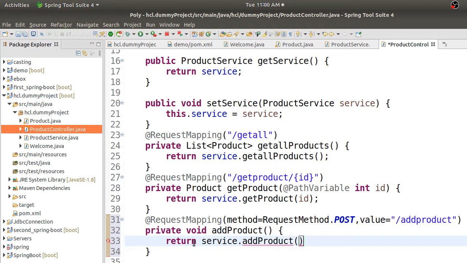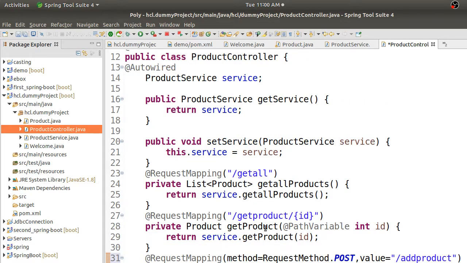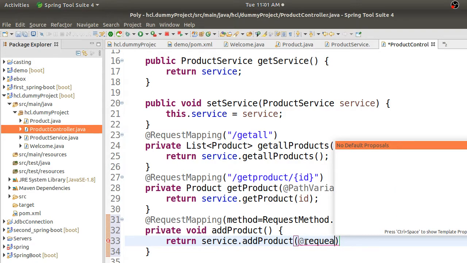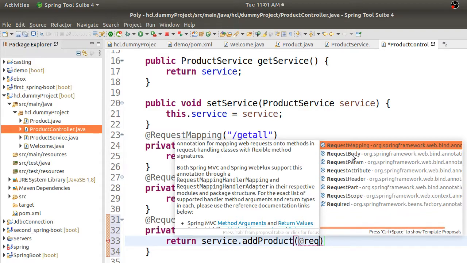Add product. Here we used to write this path variable, right? Along with this path variable, we need some more details here. The request path variable is also required, that is your ID. What is important here is, apart from this, if it is a post request, you should send it in a request body, right? So you have to use request body.